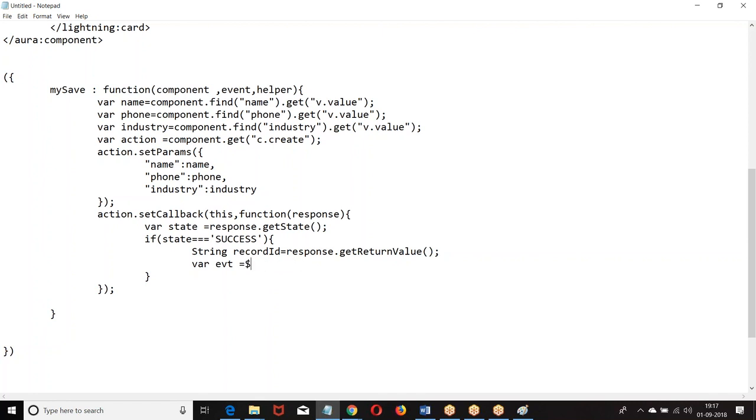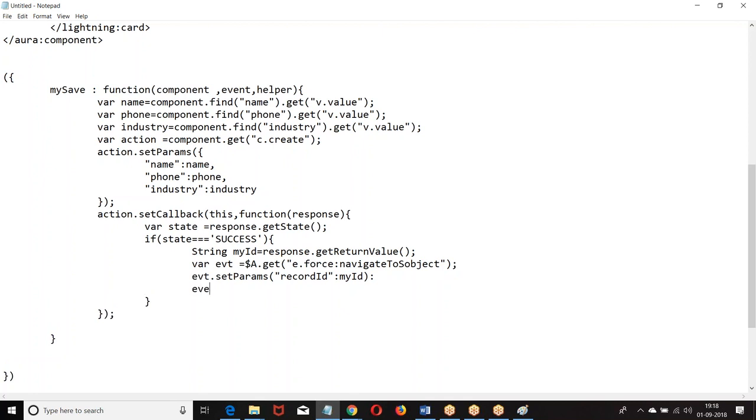We want to call an event $A dot get e dot force colon navigate to S object. EVT dot set params. Set params. Then EVT dot.